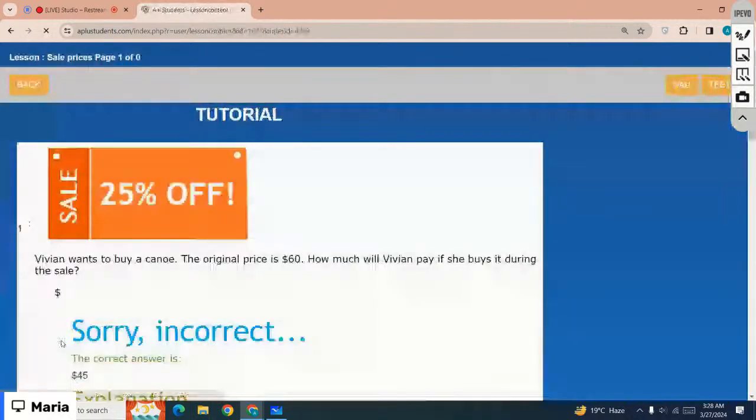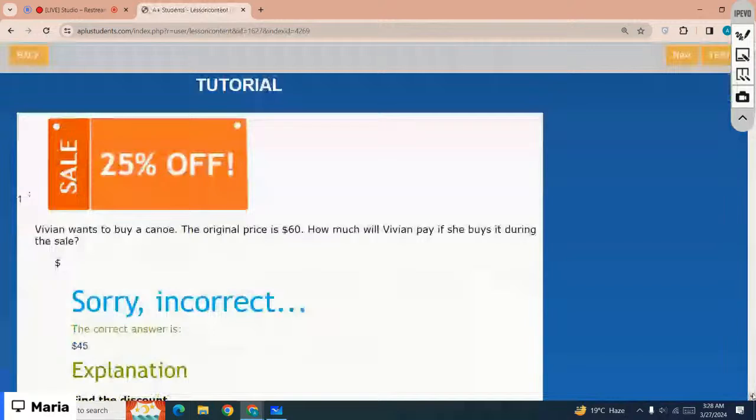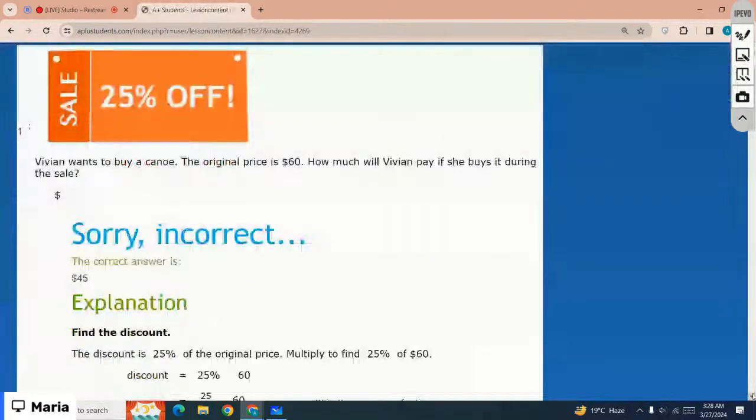Okay, let's start with the first example. Vivian wants to buy a can. The original price is $60. How much will Vivian pay if she buys it during the sale? Okay, the price is $60, right? And that is on 25% sale. You have to calculate the sale price, right? How do you calculate? You simply have to multiply the original price times the